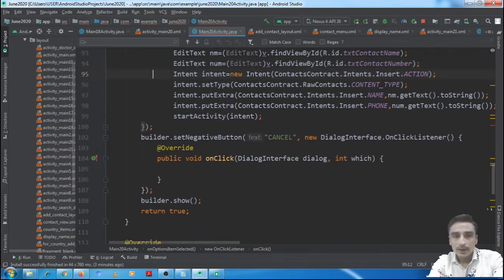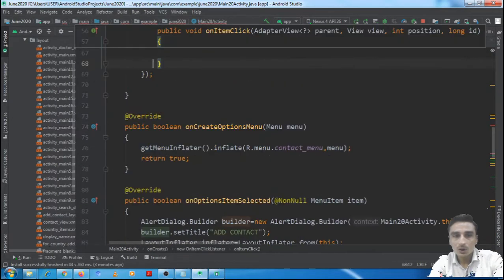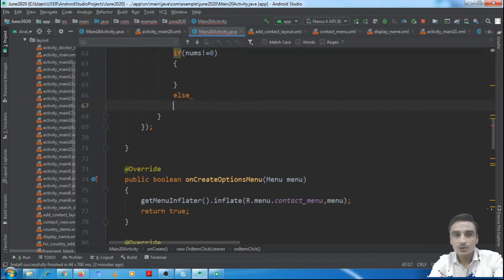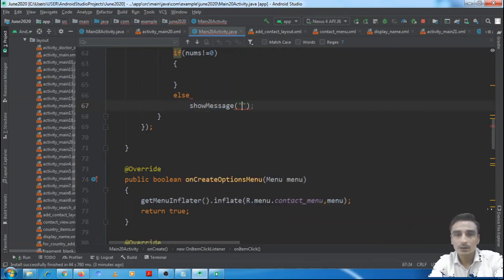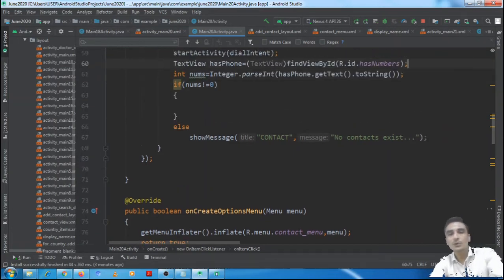Now we will call show message in the else part if no contacts are associated. Contact will be the title, no contacts exist. Whatever message you want to give, you can give here.